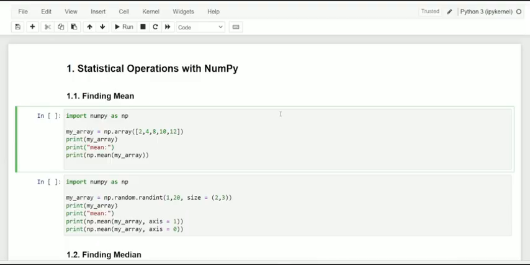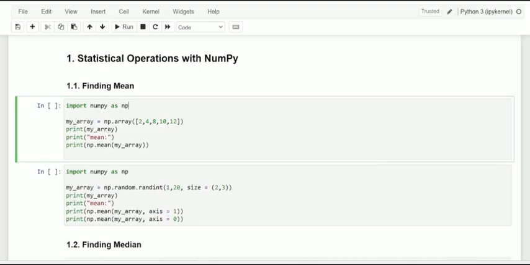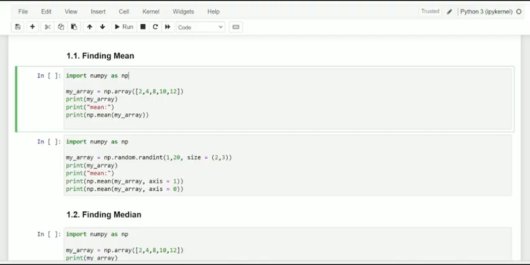So let me start with how to find the mean of data. Dear friends, the mean, which we also specify as the average, is a central tendency of data. That is a number around which the whole data is spread out. In a way, it is a single number that can estimate the value of the whole data set.